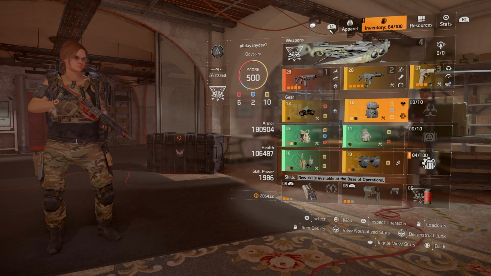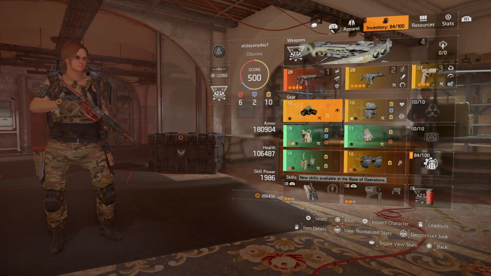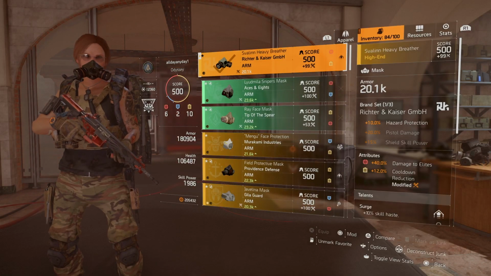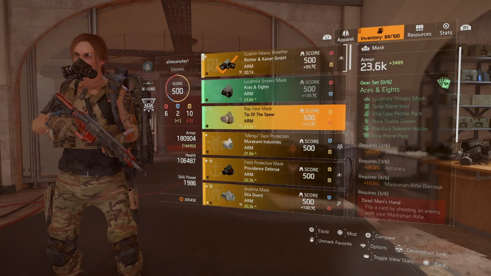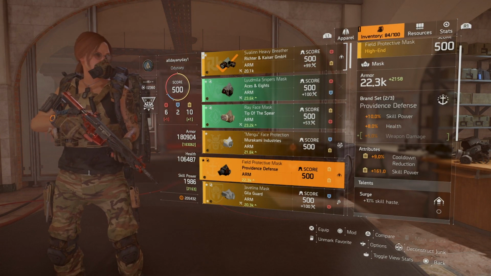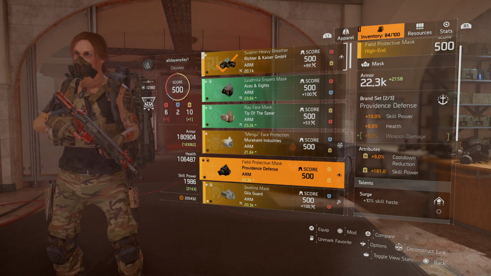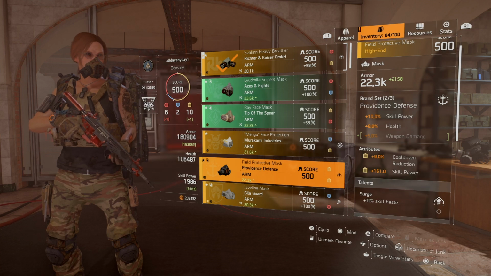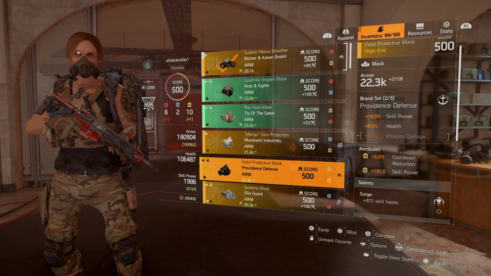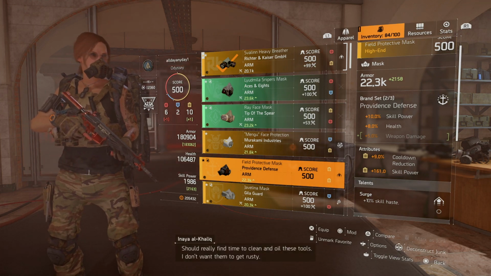So you want to go with a 3-piece Providence Defense and 3-piece Tip of the Spear. As you can see, I'm only running 2-piece Providence Defense, 1-piece Richter and Kaiser, but that's because of the attributes and the talents I have on it versus my Providence Defense one. With Providence Defense, you want to have the 3 pieces because you get skill power 10%, 8% health, and 5% weapon damage. That 5% weapon damage is going to help you a lot in terms of helping your team in doing damage. It seems like 5% is not a lot, but it will definitely help you a lot,